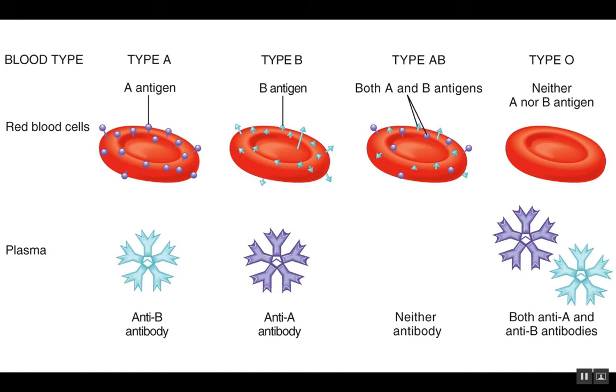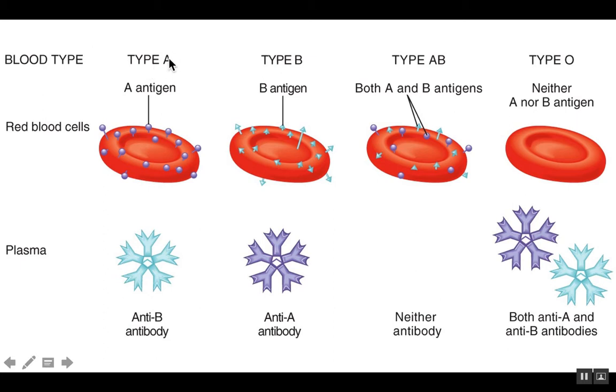Okay, let's look at this picture. This picture sets the stage for understanding blood types and compatibilities. You'll notice this table only divides blood into 4 types. It does not include the Rh blood group. But if you think about it, the Rh blood group, you either have Rh or you don't. If you have it, we call you positive. If you don't, we call you negative. So that would make these 4 blood groups double into 8 total blood groups,